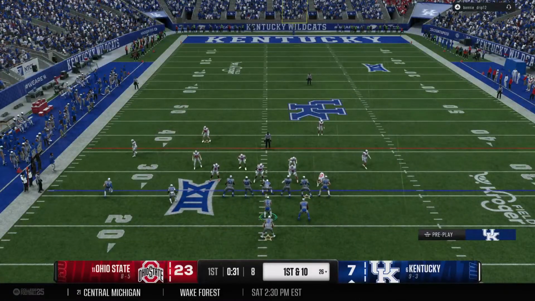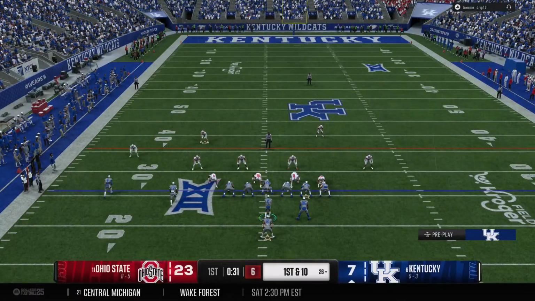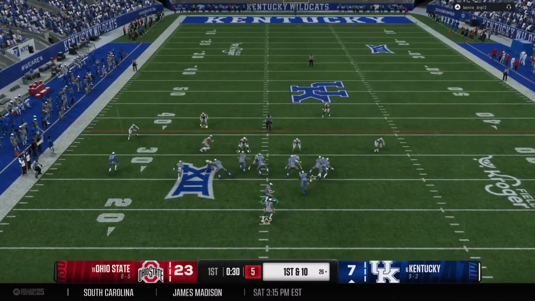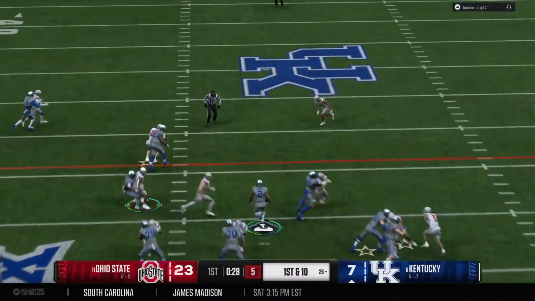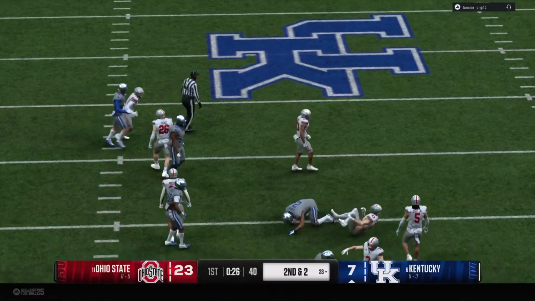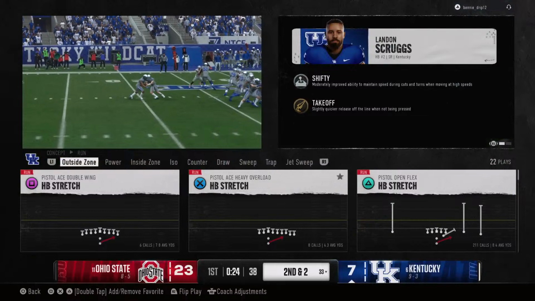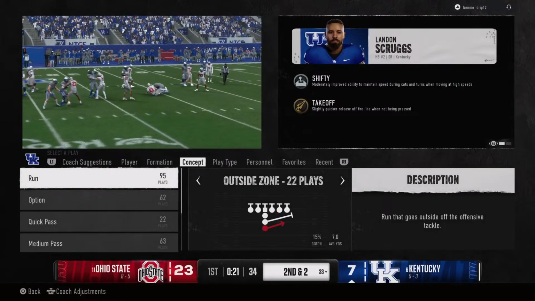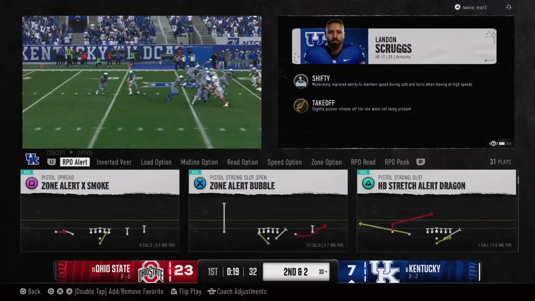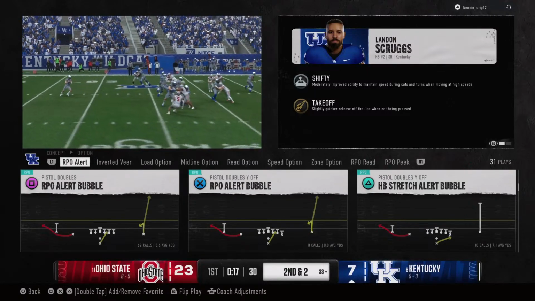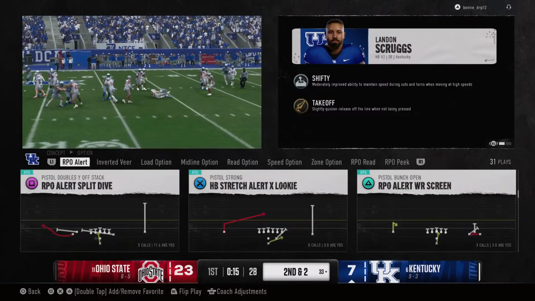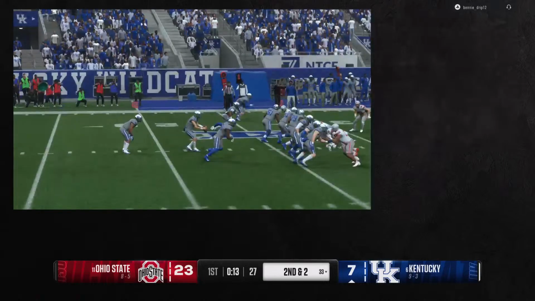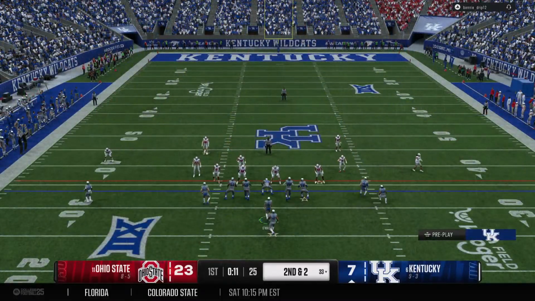Kentucky offense is back out on the field, trying to bounce back from the last possession and the pick. Keep it on the ground. There's the handoff, and the runner moves the ball up to the 33. Great job by the offensive line here, opening up some holes and giving the running back room to run on first down. Plays like this can open up the playbook for the play caller, allow him to make that defense think, are they going to run? Maybe play action, maybe throw the ball downfield.